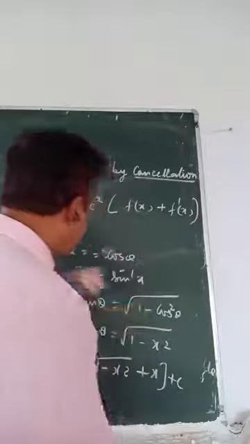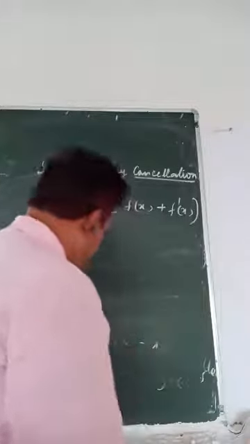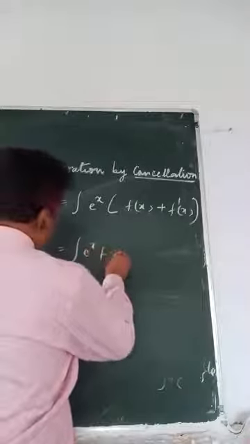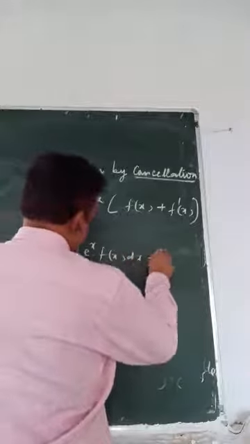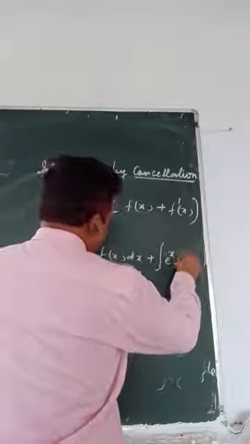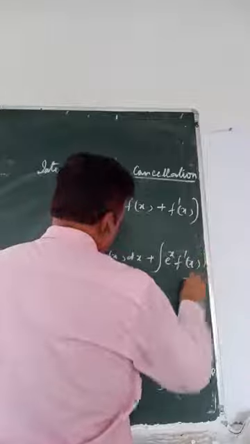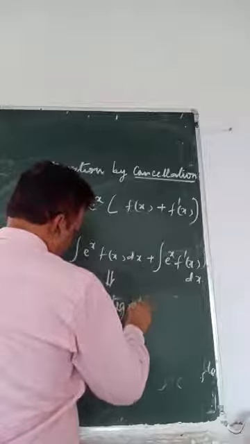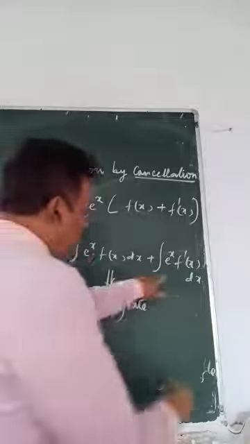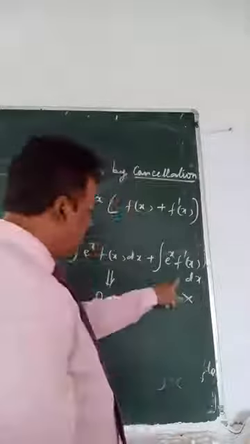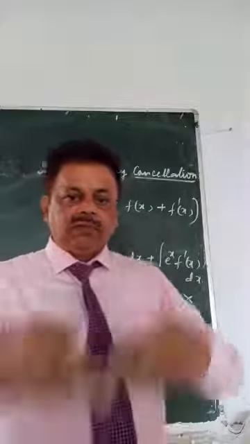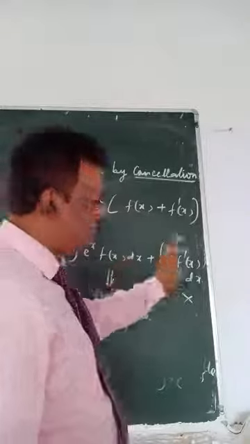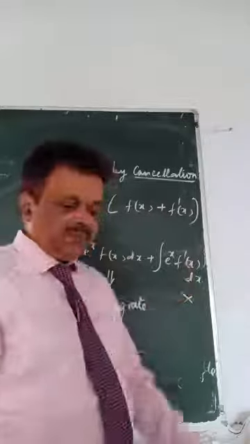Then how to integrate? Now you have to integrate e to the power x f x one part, e to the power x f dash x second part. You have to integrate only this part. No need to do this. If you again integrate both, then no use. Again it will go on getting expanded. So we will integrate this, the result will be cancelled with this. See what are the questions based on this.